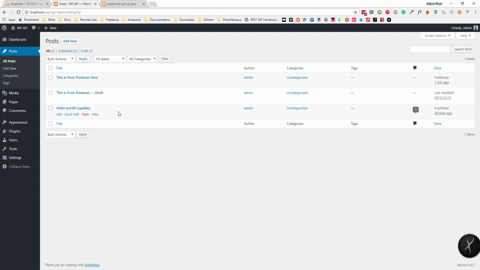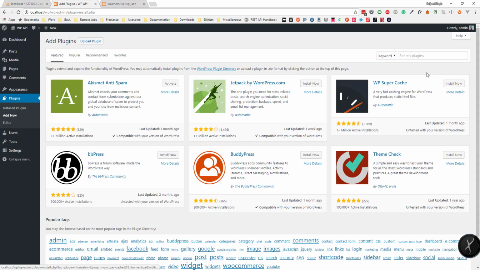So sometimes it may be required that you don't want to just use a post, or you want to use WordPress as a standalone REST API backend. So you might require to use different custom post types. So actually there is a plugin that also exposes REST API. So the plugin is Pods,